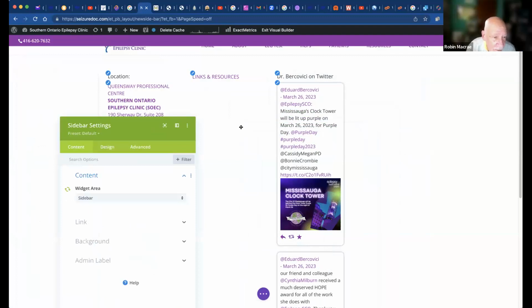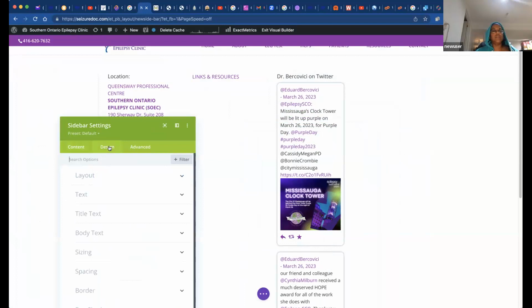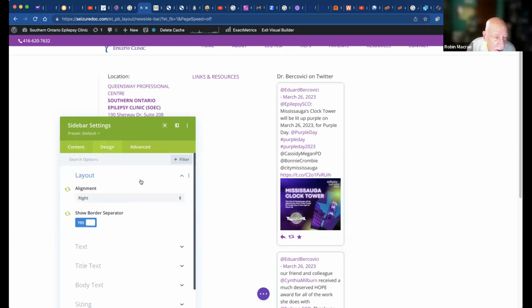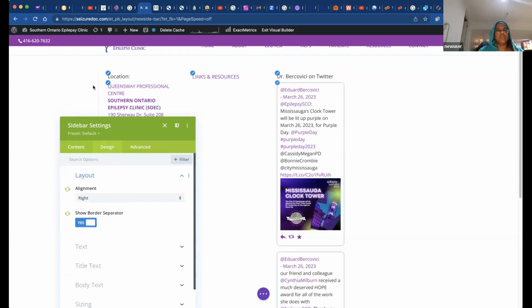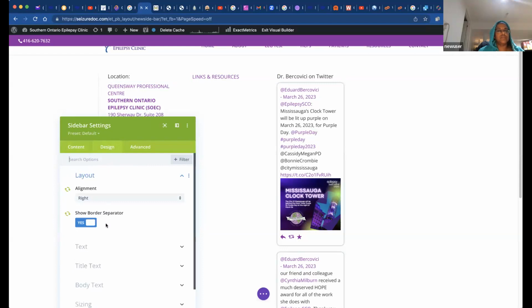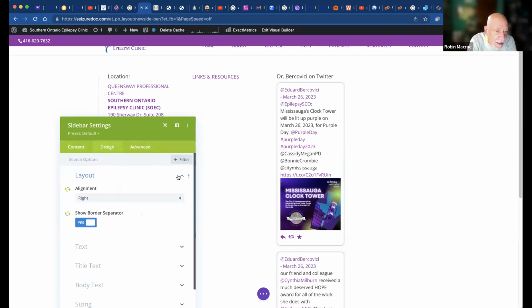Sidebar settings, okay. So I guess it's here. They have layout, alignment, border separator. Show border separator. I think it's this one here. So, under design, let's look at sizing down at the bottom.